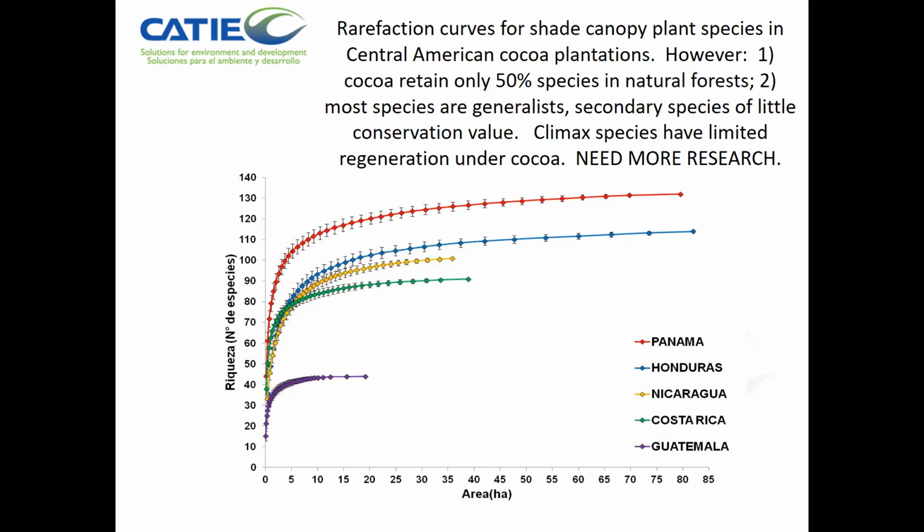One of the important aspects in biodiversity conservation by the management of the shade canopy is that there are some limitations in the maintenance of climax species. Most of the species that you find in the cocoa plantation or the coffee plantations are long-lived pioneers, very common species, or even exotic species, but the number of climax species of the native forests are very few. And even in some of the systems like the Cabruca systems or the rustic coffee system, where you have a large number of native trees,